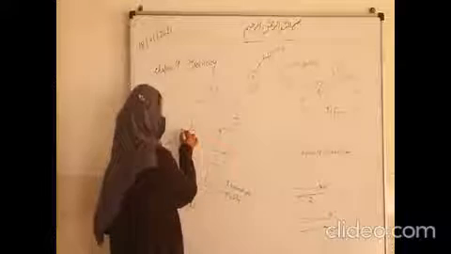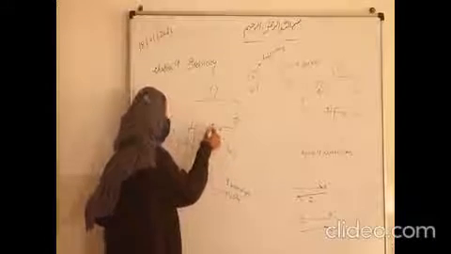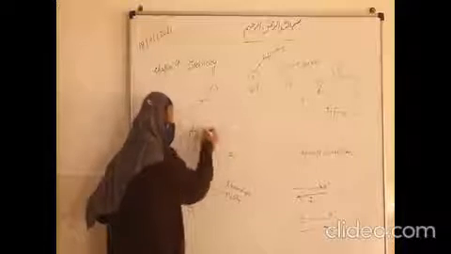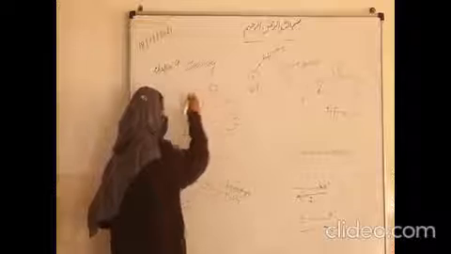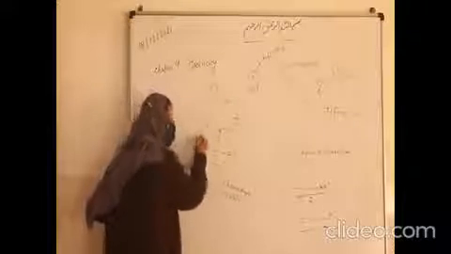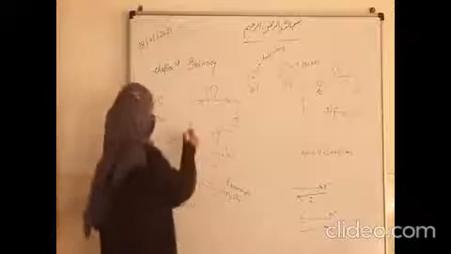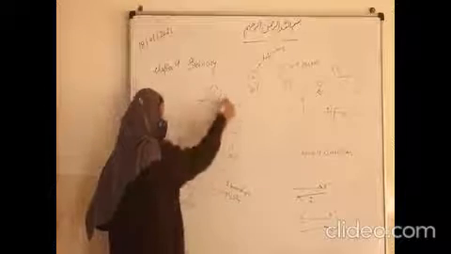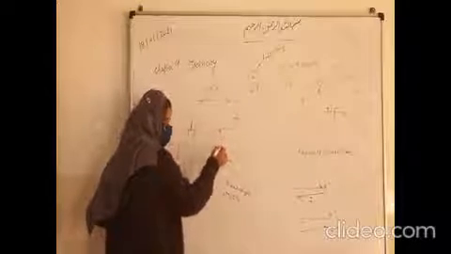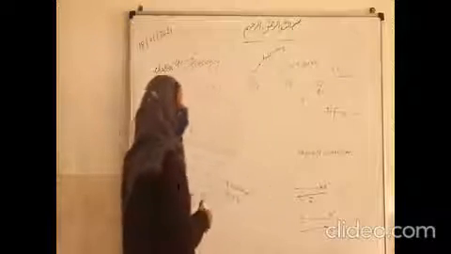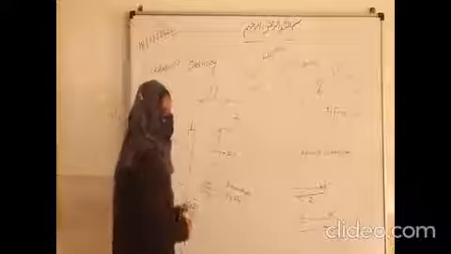Like, one side has a deficiency, the other has an excess. The flow of current is like this, but the flow of electrons will be the other way. So electrons will move from here to here until their levels become the same. When their levels become the same, there is no flow of current. After some time, this is direct current.